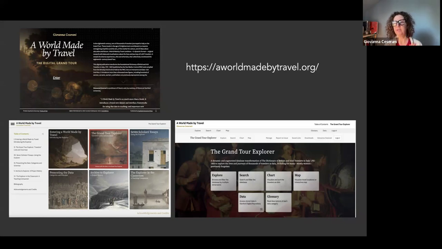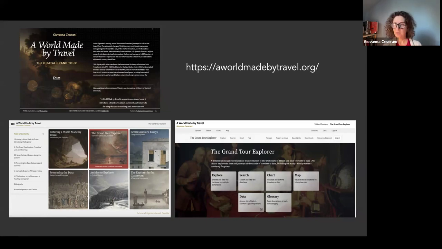And if you click on that, it has its own table of contents that you see on the right, because what is at the center of A World Made by Travel is the exploration through a data-driven lens of the lives and stories of 6,007 of these 18th century travelers to Italy. And I emphasize the number, 6,007, because numbers matter a lot when one approaches 18th century